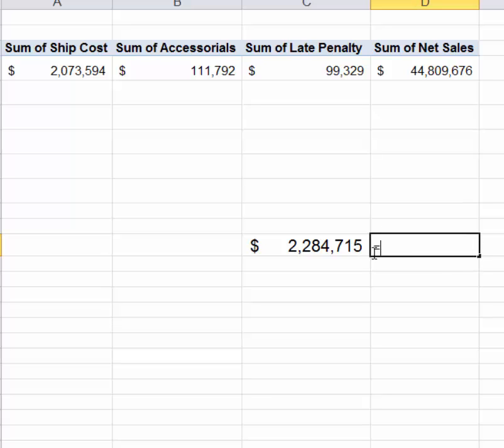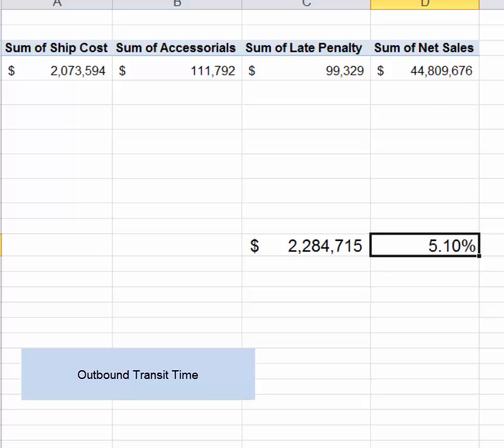So let's do that. My freight costs divided by my net sales, and make sure you convert it to a percent. We're running about 5.1% on shipping alone, and you want to try to reduce that because it takes away from your actual profit picture. Now we're going to do one more while we're here, and this is called outbound transit